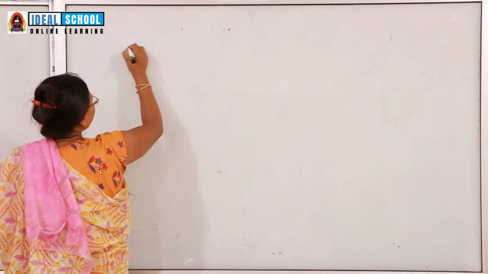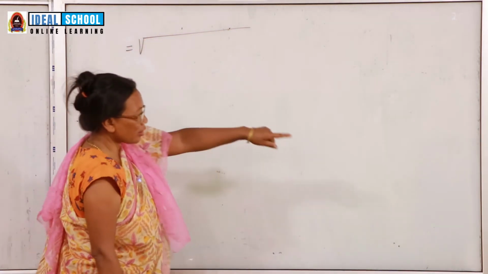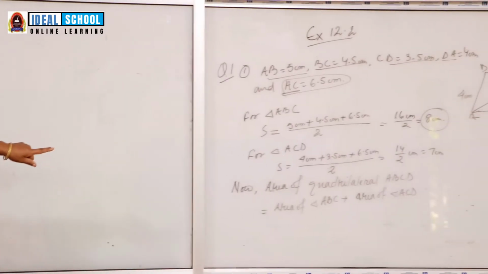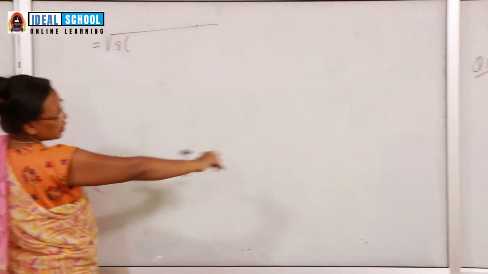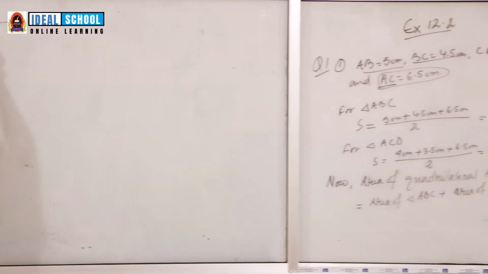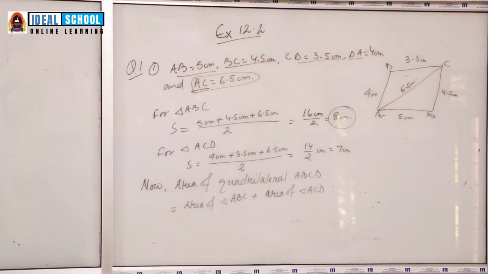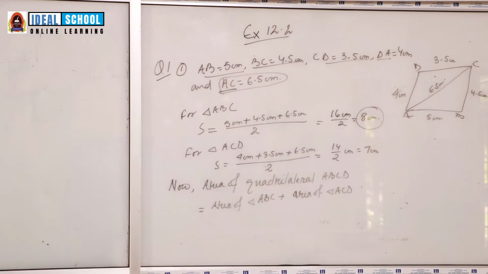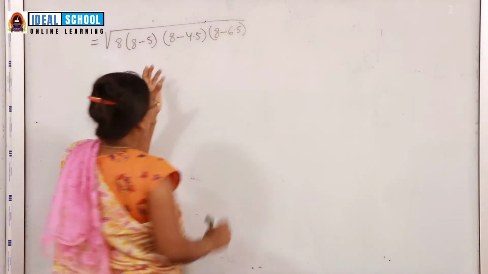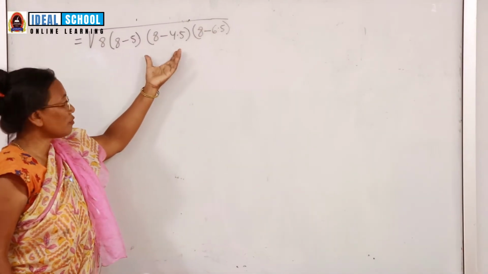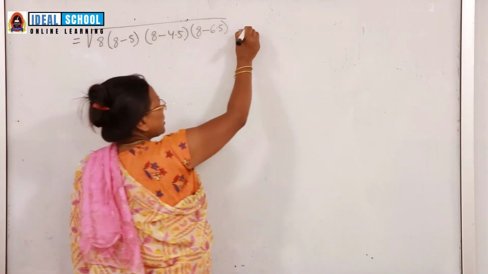Area is equal to root over S(S minus a)(S minus b)(S minus c) for the first triangle ABC. S is 8, then 8 minus 5, 8 minus 4.5, 8 minus 6.5. This is the formula for finding the area of the first triangle ABC, plus the area of